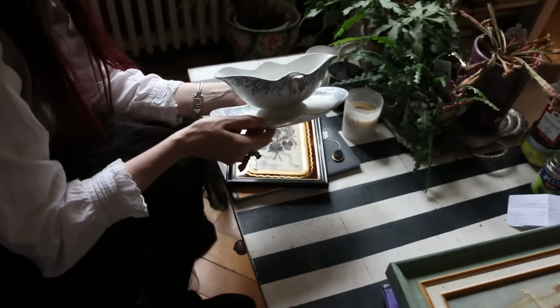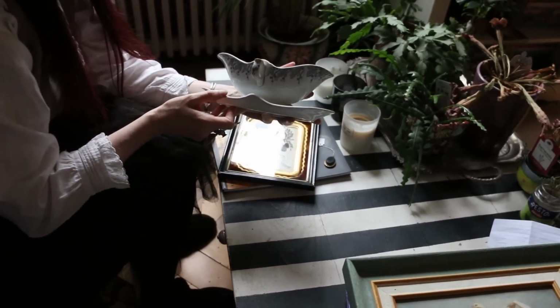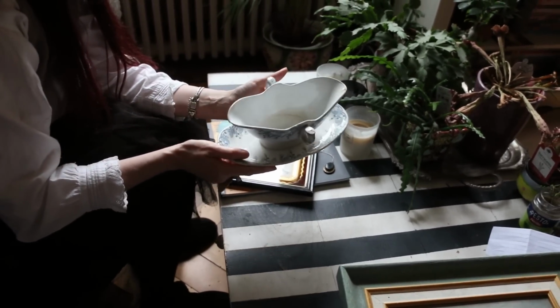And she also found a saucer to organize her jewelry in her bathroom. I had planned to film way more when I was visiting Gaëlle at her place, but we had a very